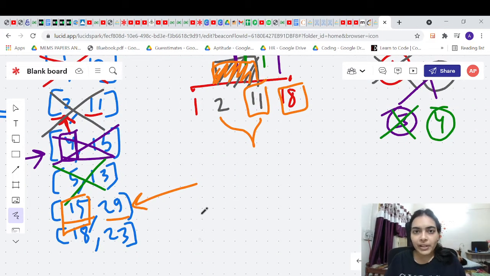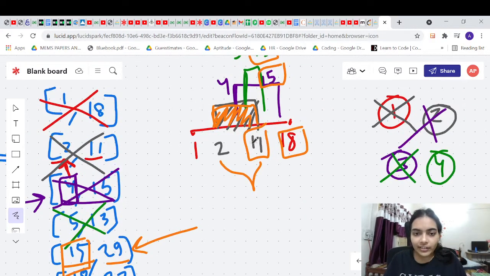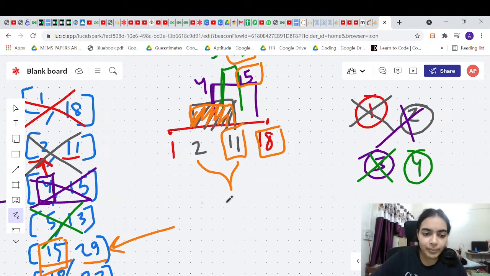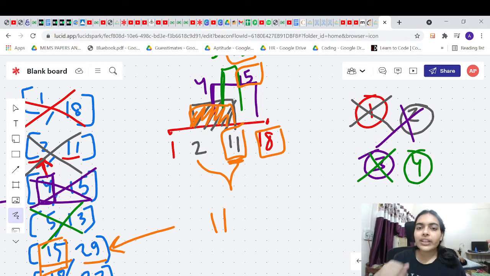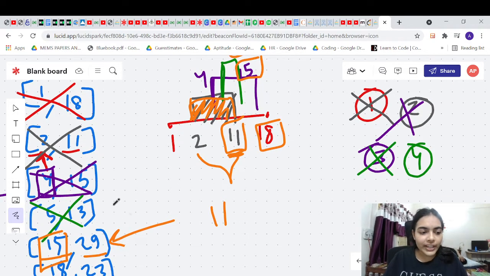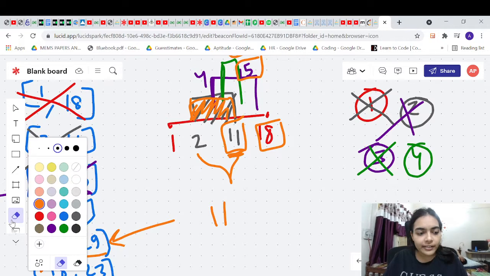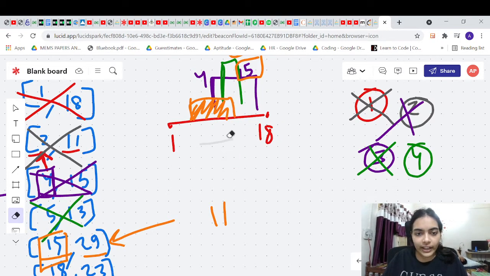Very easy, right? Simple. This meeting will end at 11. And you can use the room which was occupied by this meeting, right? This meeting is going to start at 2 and end at 11. So this meeting is going to empty the room at 11 itself. At the time 11, this meeting will be finished, so that it will leave a room to be occupied. So now we can schedule our meeting there. So we need not take an extra room, right?